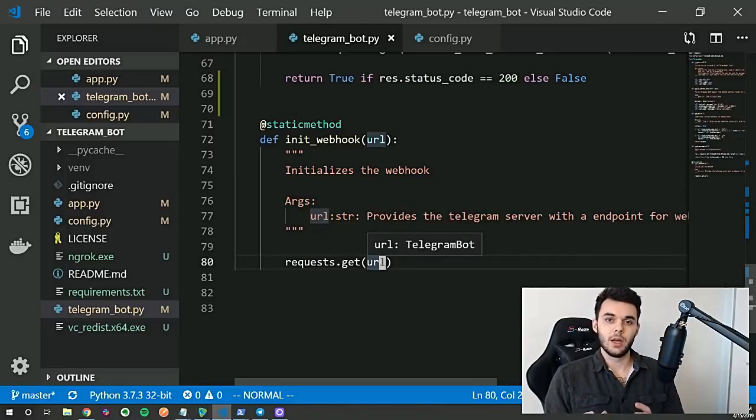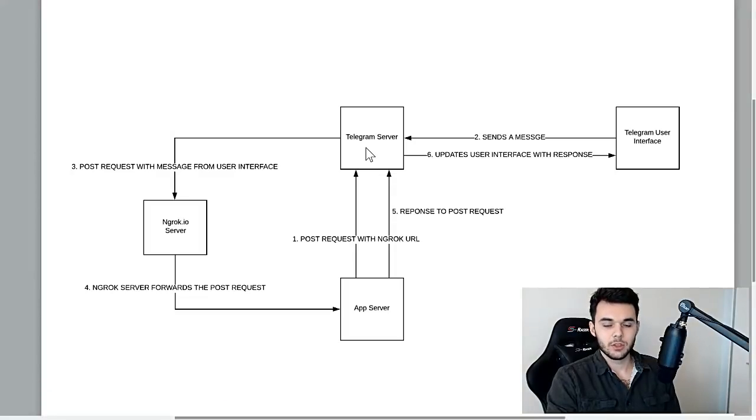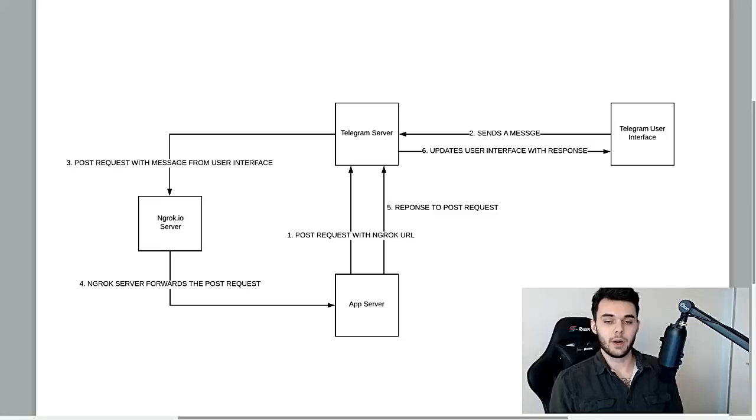Again, we're going to go back and reference our graph here. So this Telegram server right here, I hope you guys can see my mouse, has endpoints as well. And we can send post requests to those endpoints, and it has a specific URL that specifies a specific endpoint, and we can send